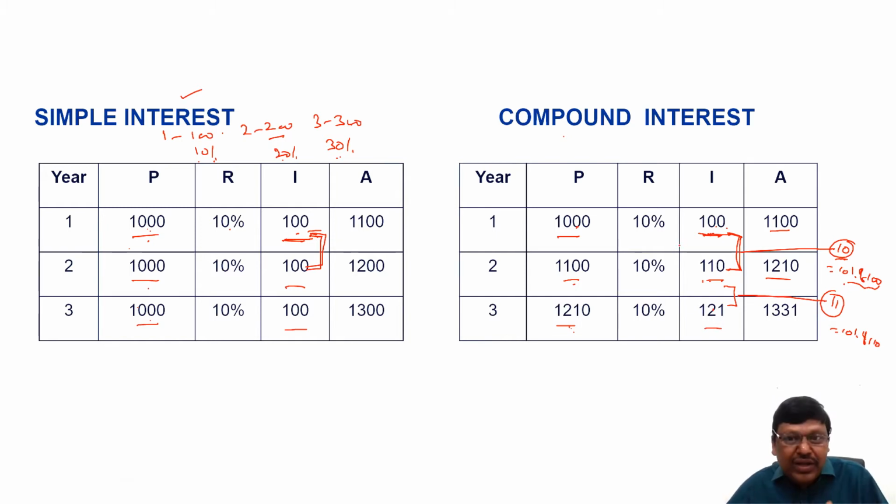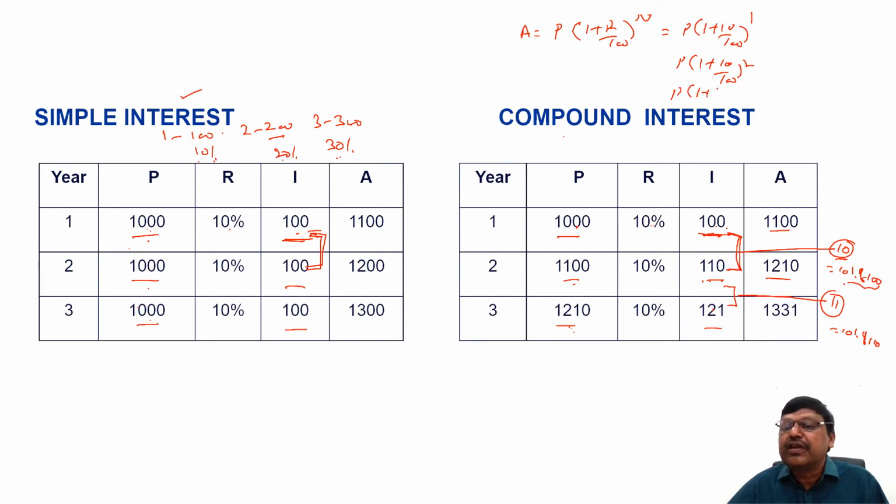We will explain this in a formula a little later. But now, the other approach is, if you stick to the basic formula that we have, total amount is equal to P into (1 plus R by 100) whole power n. This is the formula when interest is compounded annually. Now here the rate of interest is 10%, so we can write it as P into (1 plus 10 by 100) whole power 1 for 1 year, P into (1 plus 10 by 100) whole square for 2 years, P into (1 plus 10 by 100) whole cube for 3 years.